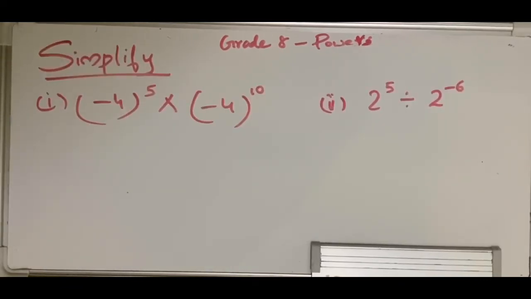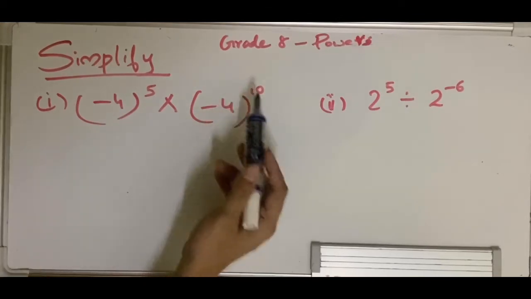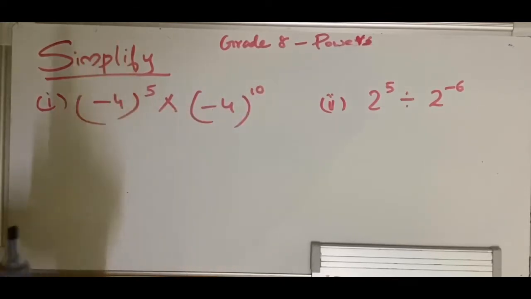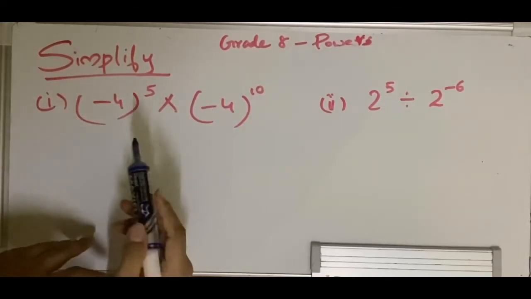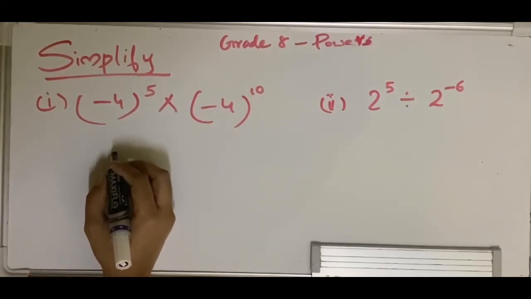The second example here is about simplification. So remember that if the question is to solve, it means you need to find a final value, right? You need to find the value of whatever variable is given if the question is about solving. Whereas simplification means we have to just simplify this equation, that's it. We did not have to find a final value. So here if you look into the question, the expression is a raised to m multiply a raised to n. And we have studied that if we have the same base number with different powers and the rule is to multiply, it means you have to simply add up the powers with the same base. So a raised to m multiply a raised to n was a raised to m plus n.